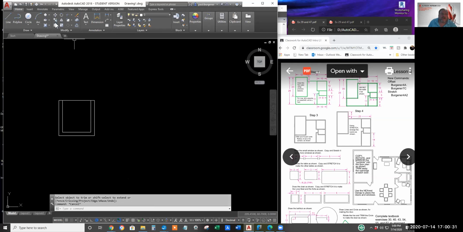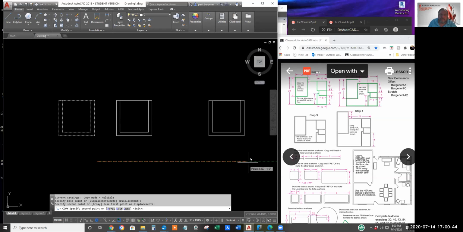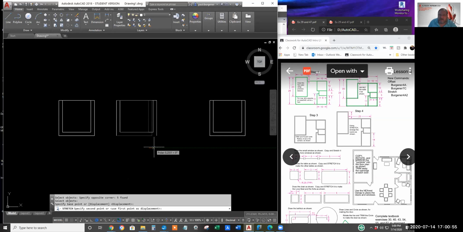Well, I got one chair, I'll copy it twice. It's probably smart if I made the table now and copied it at the same time. Let's see, one copy, put the other copy a little further to the side. Check it out, I'll stretch this chair into a love seat by stretching it 1 unit.